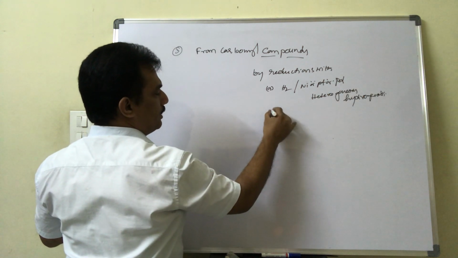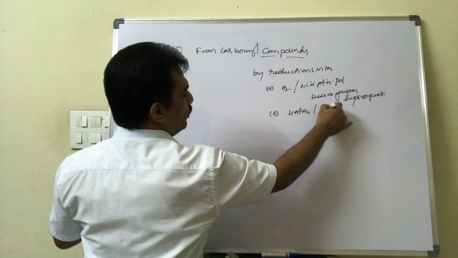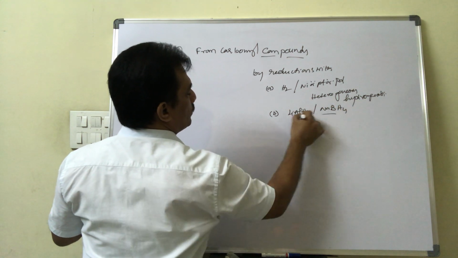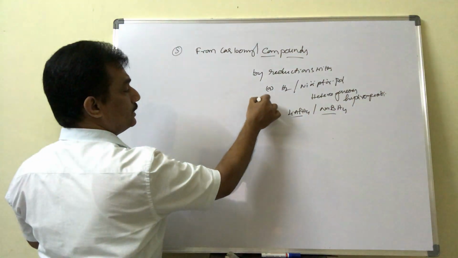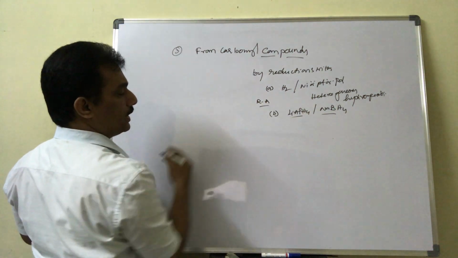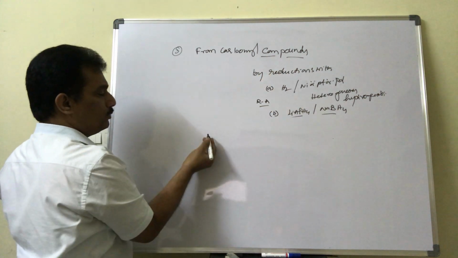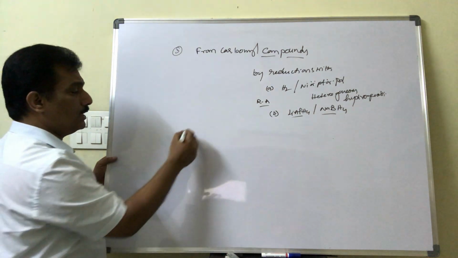And next, the second one is lithium aluminum hydride, preferably, or sodium borohydride. These two can also be used. Here, these are the reducing agents, and you remember. Clear? And now, carbonyl compounds are only aldehydes and ketones, but for convenience sake, let me write